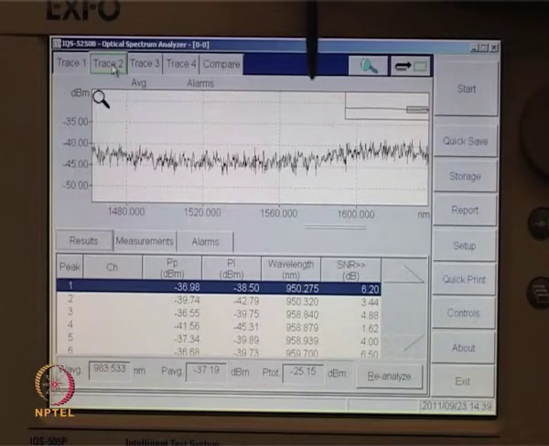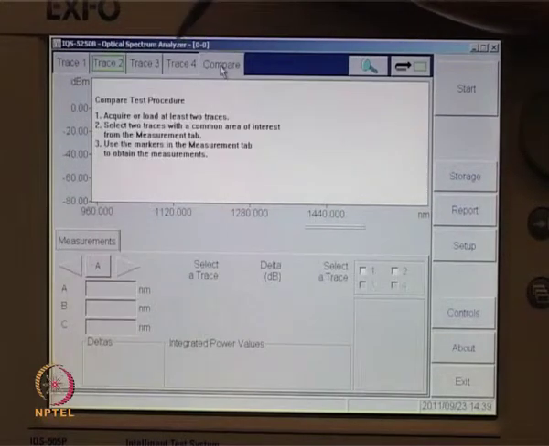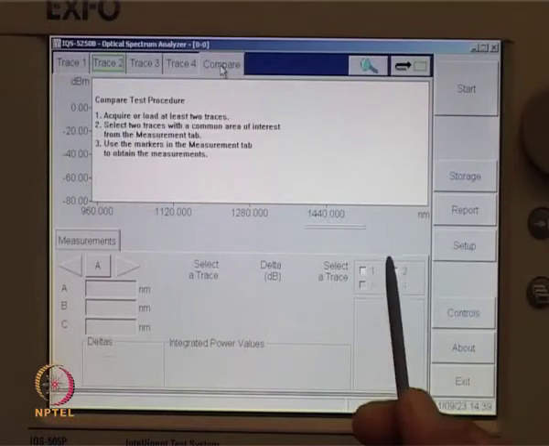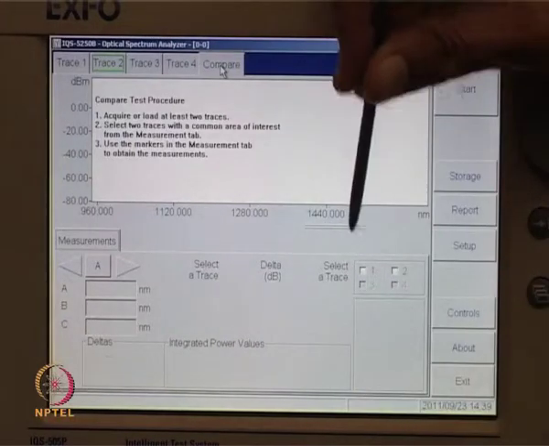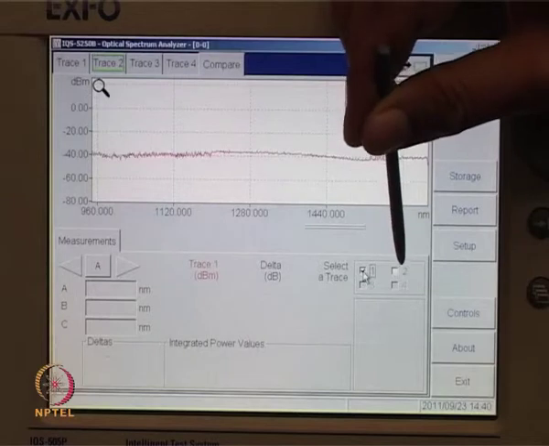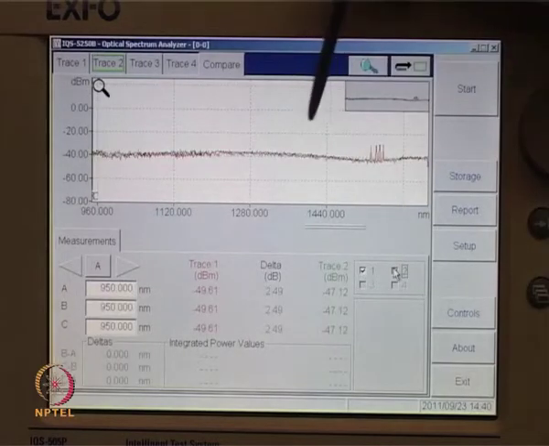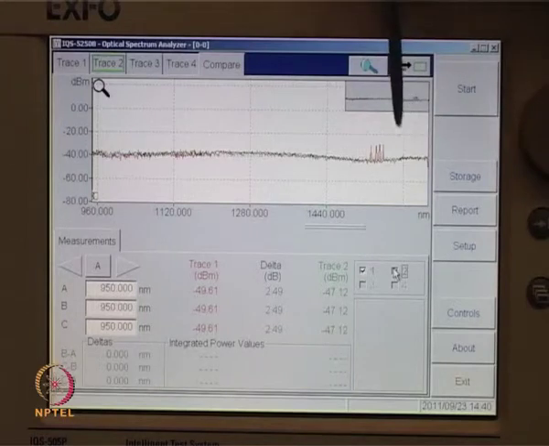I can compare the trace 1 signal and trace 2 signal by clicking on select trace 1 and 2. The red color shows trace 1, the black color shows trace 2, which is a noise, and the comparison of both is shown.